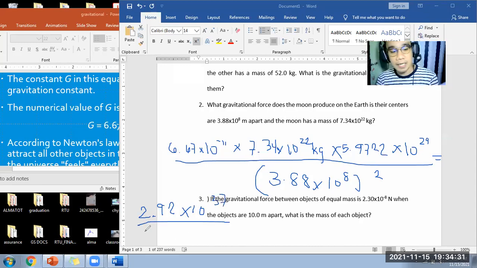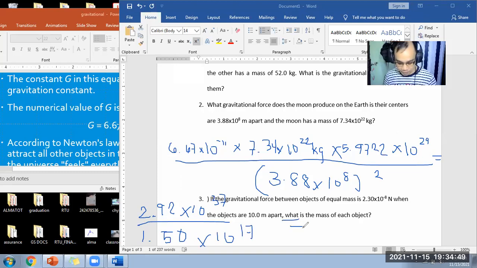Divide natin siya sa 3.88 times 10 to the 8 squared. So nakuha natin dyan ay 1.50 times 10 to the 17. So, what will be the final answer? O sige. So, 2.92 times 10 to the 37 divide 1.50 times 10 to the 17. So, the answer will become 1.94